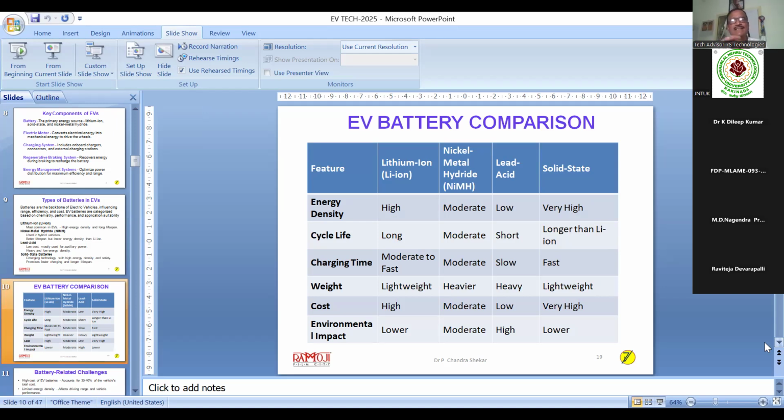But these batteries are still in the R&D stage. They are doing the trials. Most of the vehicles now use lithium ion only, and lithium ion and solid state are nearly comparable. That's why we are currently using lithium ion. To encourage that, the government of India is giving a subsidy to import the lithium ion ore.